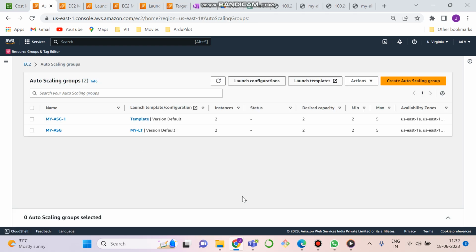I'm canceling it because I have created two auto scaling groups. So now after creating auto scaling groups, we have to access the load balancer. So for this one, I've created